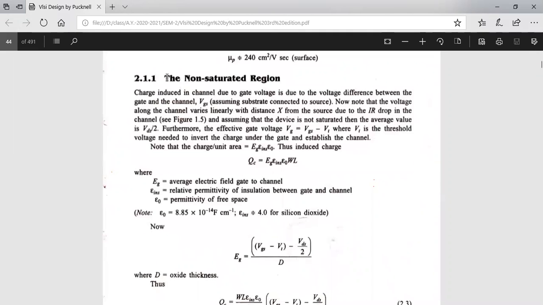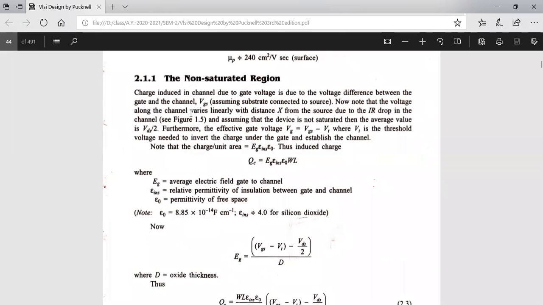So we are observing the transistor's operation and relations in the non-saturated region and the saturated region. Just remember the transistor operation once again. First, it will be in the cutoff region. Though we give a little input voltage, it is not going to turn on the transistor. After that, we increase the input voltage further and further. Only after reaching the threshold voltage, the electrons start moving from the source to the drain. That means at that point there is a channel.